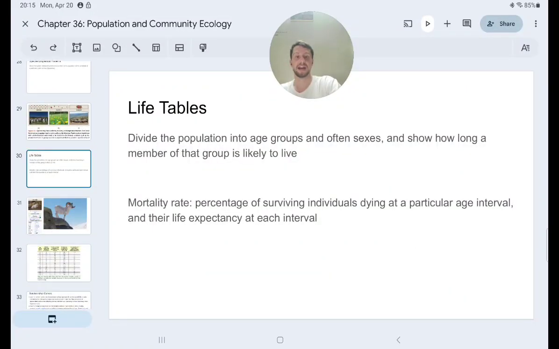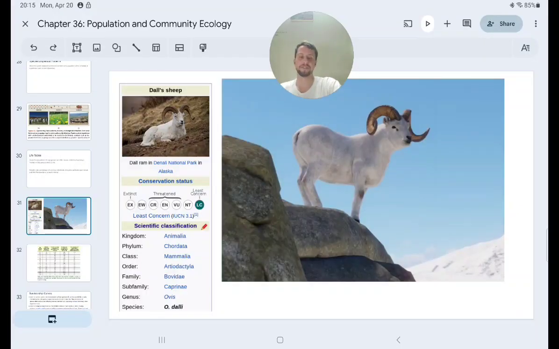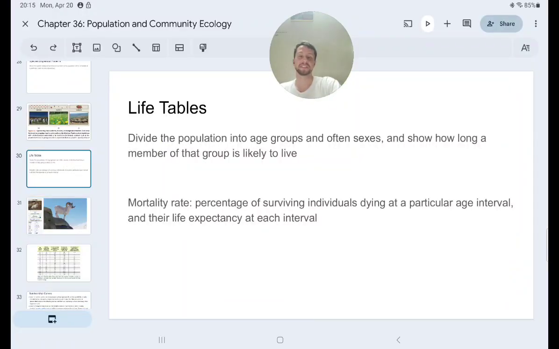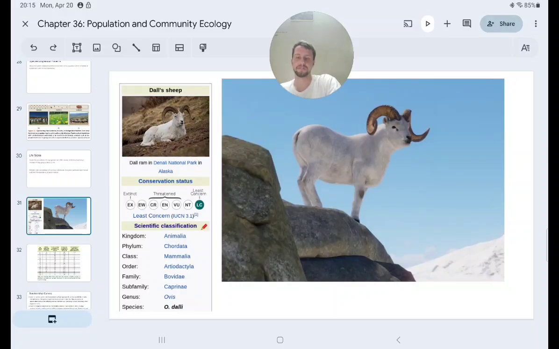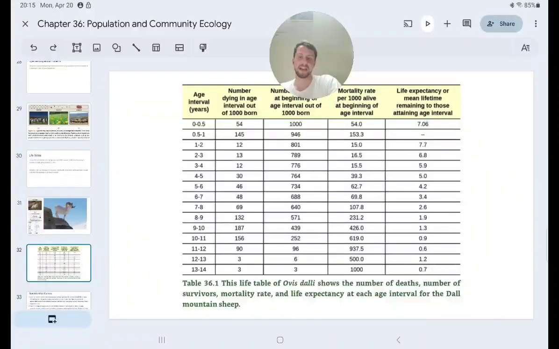Life tables look at the age of organisms in a population and how many of the individuals make it to each of a certain age, and often differentiate by gender as well. And mortality rate is the percentage of surviving individuals that die in a particular age interval, and their life expectancy at each interval. Okay, so what's the chance that this particular organism dies in this particular year? So for example, we could be looking at this particular sheep species and seeing, okay, what is the number out of 1,000 dying